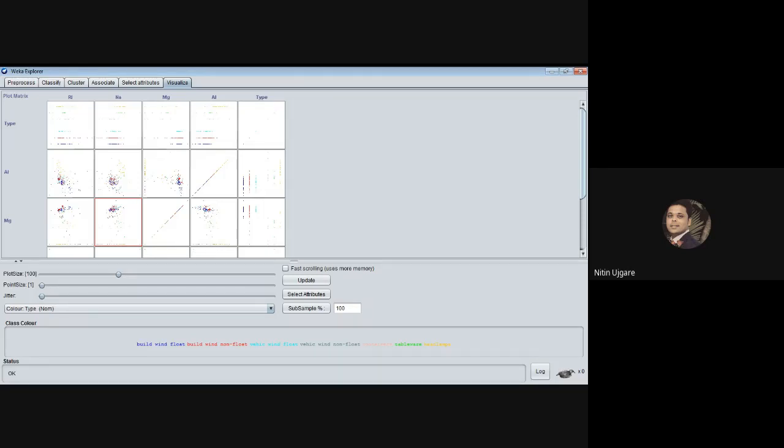Okay, then wake, wind, non-float is shown with light blue or sky blue. Container output class labels are colored light blue. Tableware is pink. So these instances which I am pointing at with the mouse belong to tableware. And finally there is headlamps. So these yellow colored instances basically belong to the headlamps.